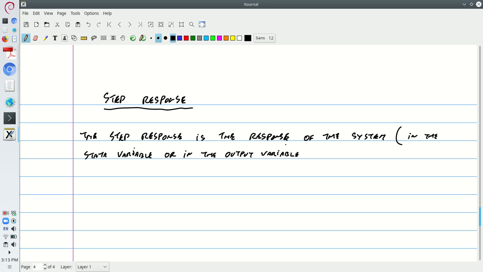You can have step response in the state or step response in the output, the response of the system when